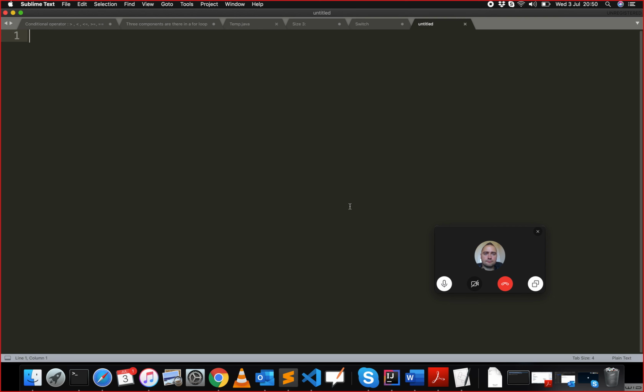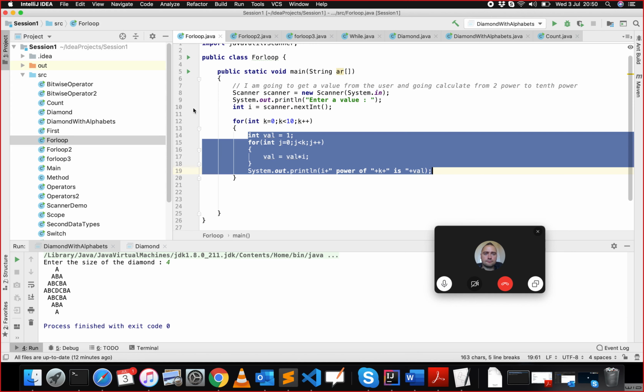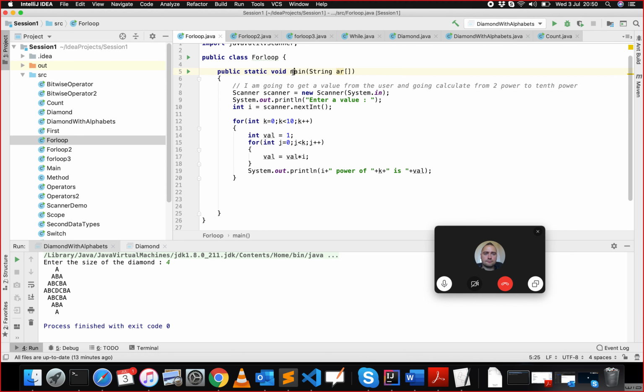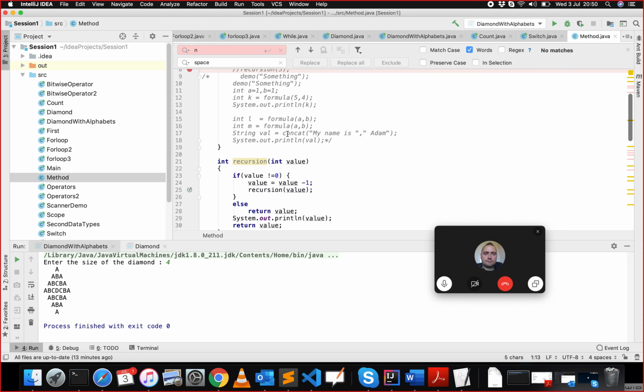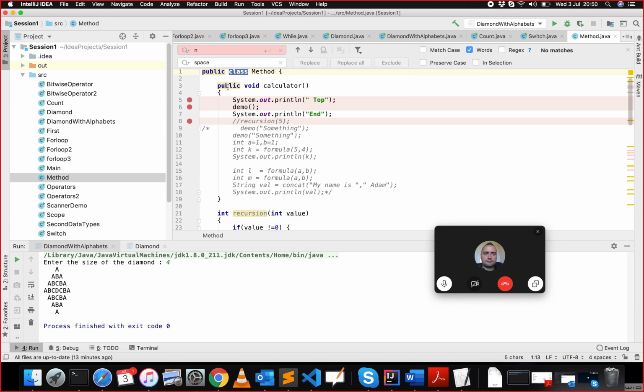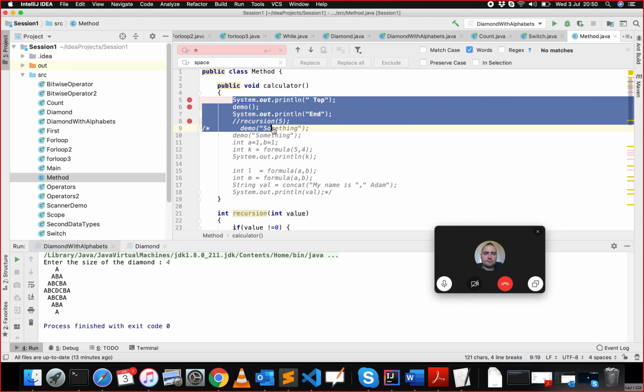What is a function? A function is a set of operations you do, a set of lines of code you execute. For example, main itself is a function. We haven't covered these two, but we have covered this one. We did methods separately. In this one, the calculator is a method, and it has a set of operations. So methods are really the operations,